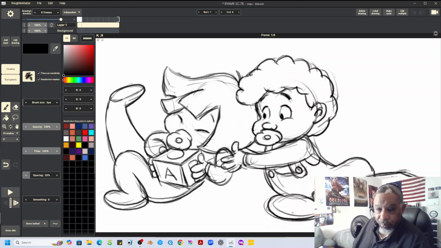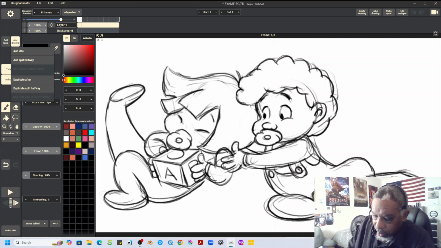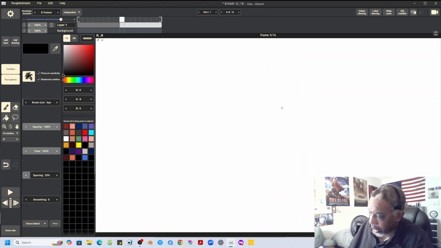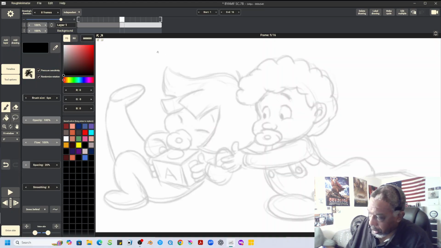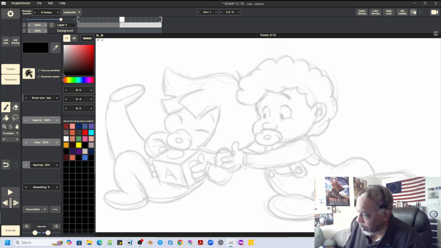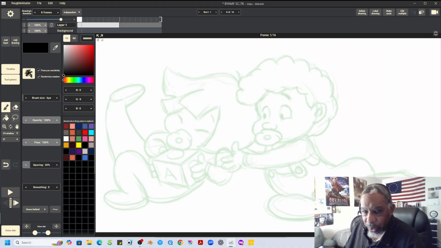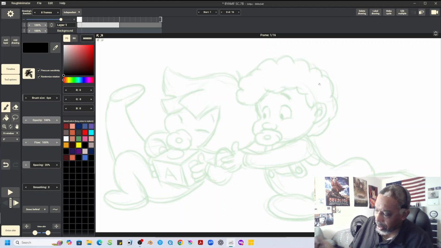So then, to get to here, well, let's see. We can add a frame here. Add a frame after, and we'll turn on the onion skin. Now, what we'll do is we'll go over here and we'll reverse the order of the drawing. Up here in the top right corner, we'll hit this little icon here. And so what that's doing is reversing the drawing so that